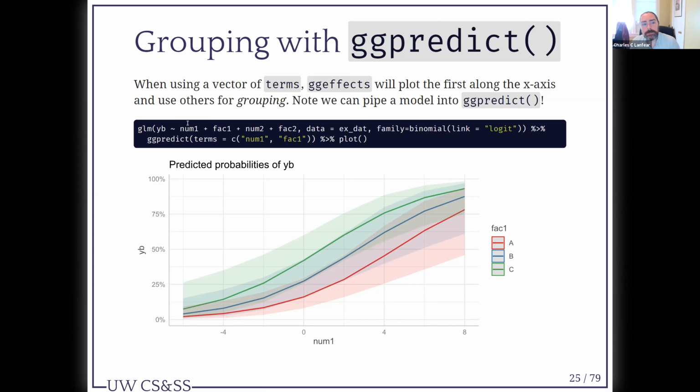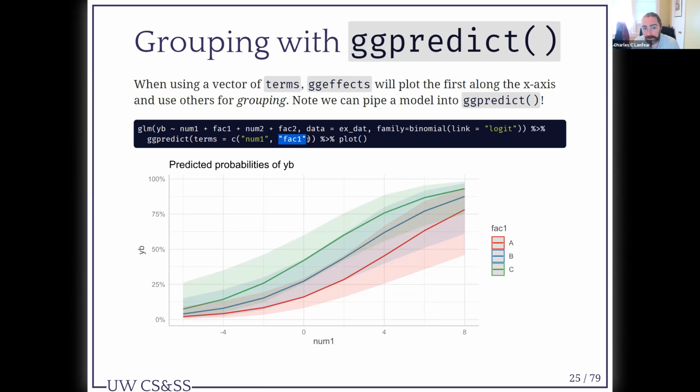So if I do something like this, I take a generalized linear model of my binary y on 4 variables, and then I say family binomial, link equals logit. This here, of course, is a logit model. So logit models are often hard to visualize unless you convert them to probabilities. If I pipe this logit model into ggpredict and say the terms I'd like to vary over are a numeric variable 1 and factor variable 1,